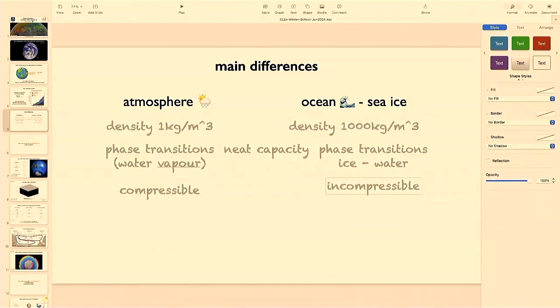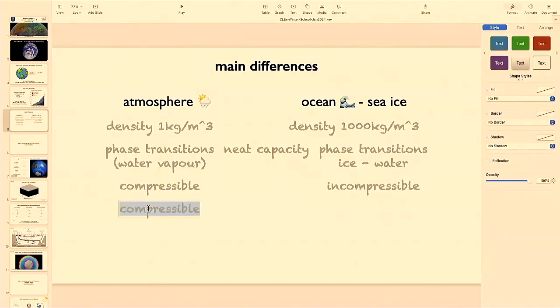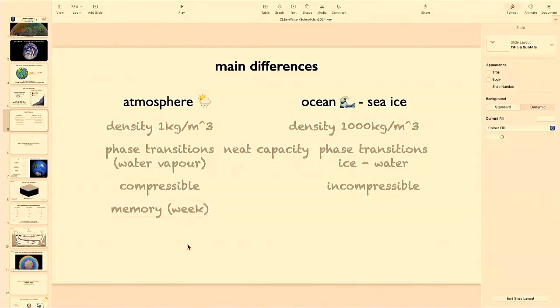I didn't hear. Memory. What? Memory. Like the ocean has longer memory. All right, that's good. Yeah, it's a good one. Yes, it comes into effect with, or let's call it memory. It's a good word. Memory. So what is it for the atmosphere? 7 days. What would we say? Typical, like a week. Let's say a week.